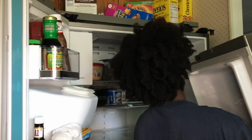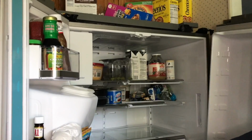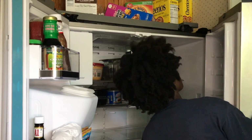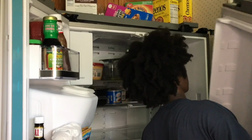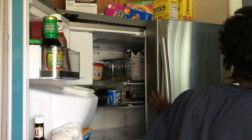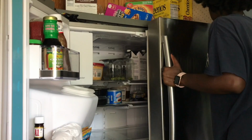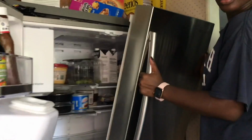So now you can see on the right side why I had to take the door off, because the fridge wouldn't open all the way. If your fridge is placed in a location that makes sense, you don't have to worry about this. But it's pretty easy. You just slide in the bottom and slide in the top. That little bar across the top is what keeps everything put. So you just slide it in and then you move up to the top and you adjust what you see fit over there. You're going to need someone to help you out,